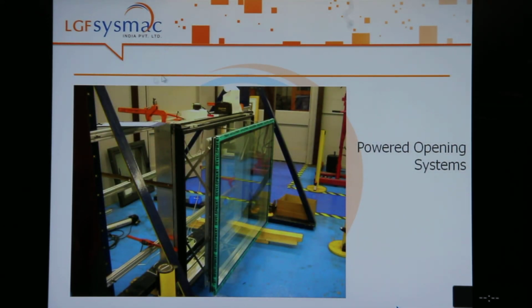Now we can see the parallel window in practical basis. This is the parallel window glass area, and these are the friction